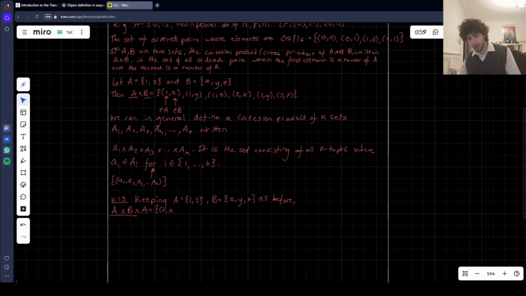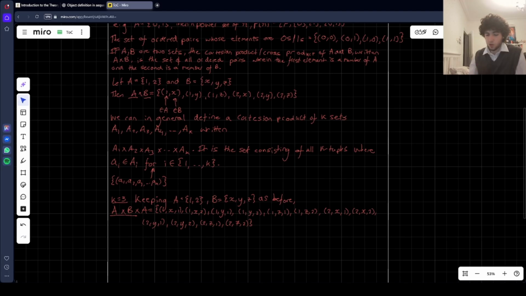So here we're going to have 1x1, then 1x2, then 1y1, 1y2, 1z1, and then 1z2. Then you continue, and now you have the 2, so 2x1, 2x2. You can already imagine that the size of these sets can get pretty big pretty fast. Then we have 2y1, 2y2, 2z1, and 2z2. So this is what we get when we do this order 3 Cartesian product